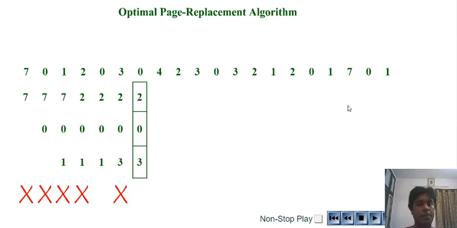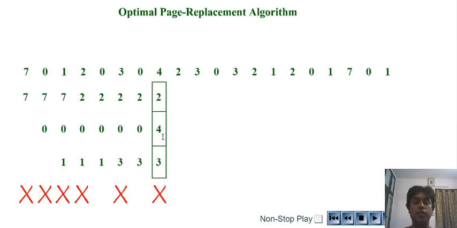Okay, after this there is a requirement for page number 4 to be swapped into my memory. Now which one to replace? 2, 0 or 3? If you can see, page number 2 is going to be demanded in the near future. After 2 there is going to be a need for 3, and after 3 there is going to be a need for 0. So when I compare which one to replace, it is a good option to replace 0, because its demand is going to be later compared to the demand for page number 2 and page number 3. So I'm going to replace it with 0.